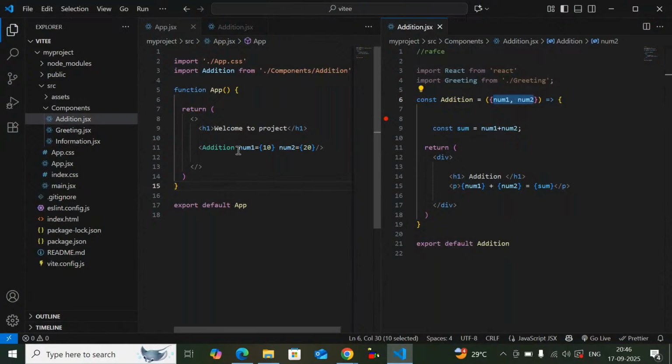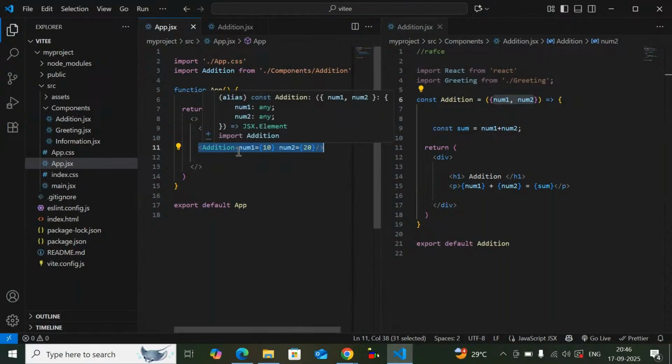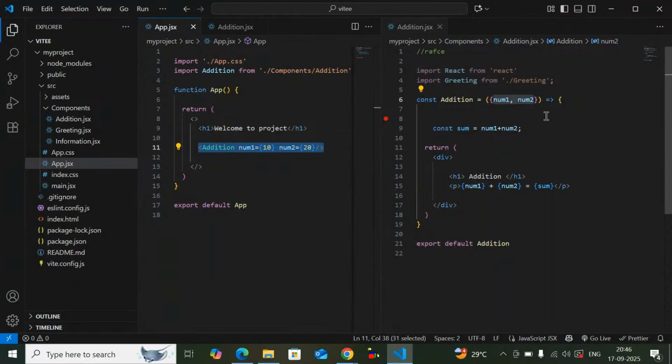So same way, in the same component, I passed num1 and num2, two values, two props with their values. Here, using curly braces, I am receiving it. Then I am using it, and we are getting the output. Simple. Okay, so here is another way also. Actually, another way is